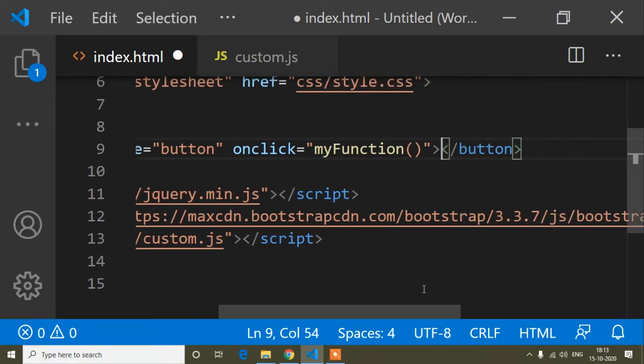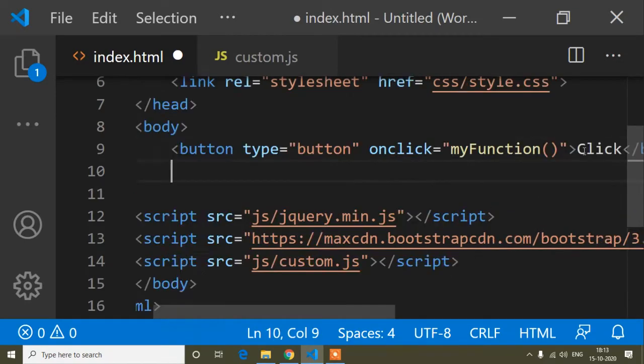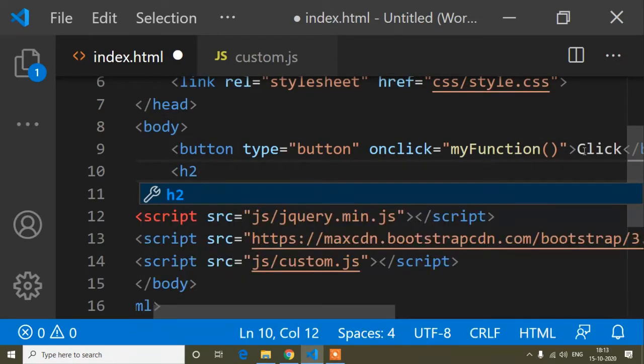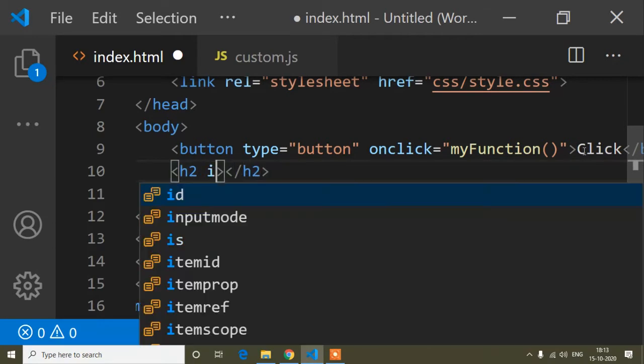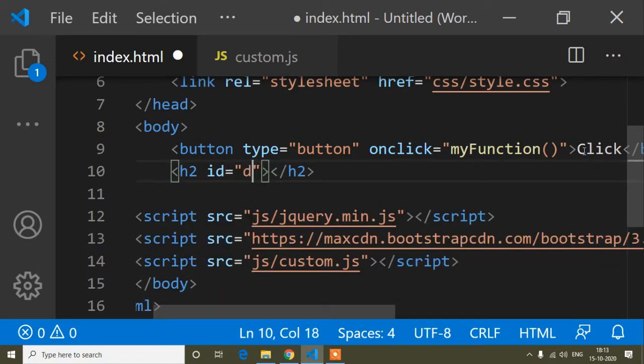The button name is click, and in the h2 tag I will write an id. The id name is demo. Now I will refresh it. Here you can see this is the button.